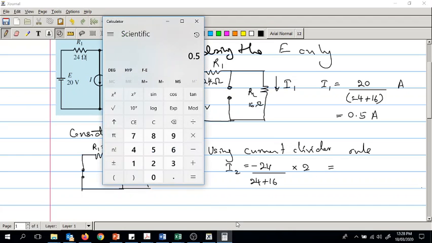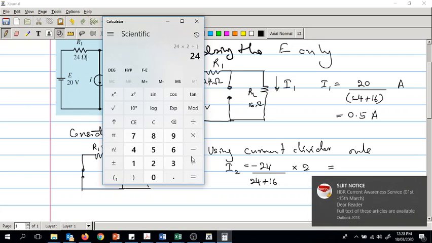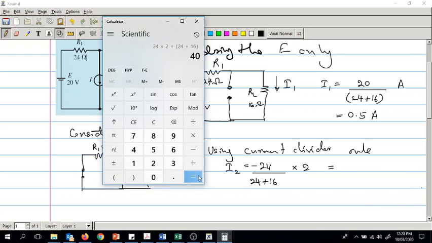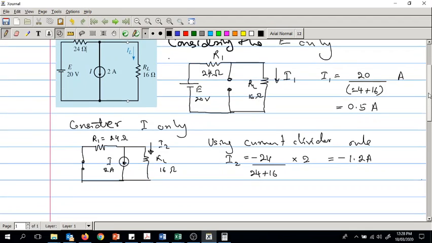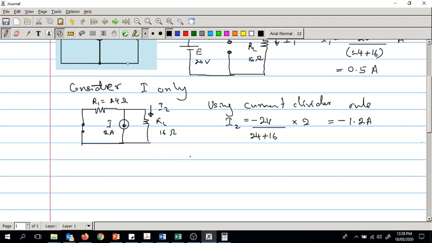Now the value here is 24 into 2 divided by 24 plus 16, which becomes 1.2 amperes, which is negative, so minus 1.2 amperes. Now the superposition theorem says, right,